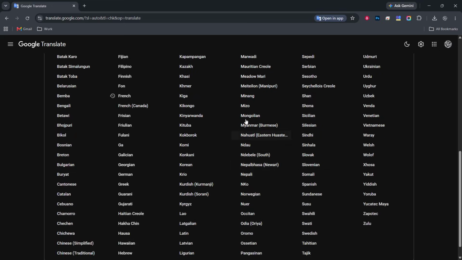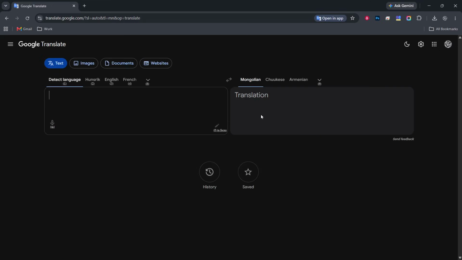Choose the language you want to translate to. Again, scroll or type part of the language name in the small search field. When you select it, its name appears above the right box. Right away, the page now knows your full direction, from the language on the left to the language on the right. A helpful detail here is that you can choose the same language as on the left if you only want to use this as a dictionary, for example to see synonyms.